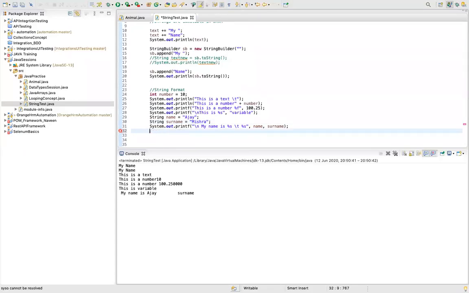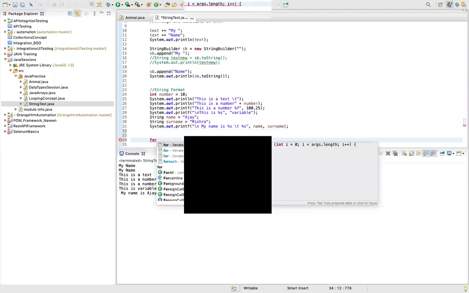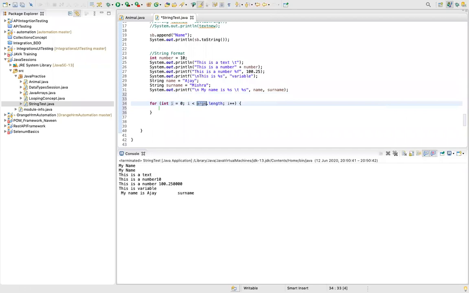Yesterday we saw looping, how you use a for loop. Let's say I'll say 20, I want to print numbers from 1 to 20, and I'll say i plus plus. Now I'll use System.out.printf and then let's have some text and a number.